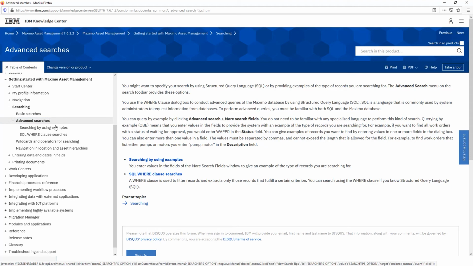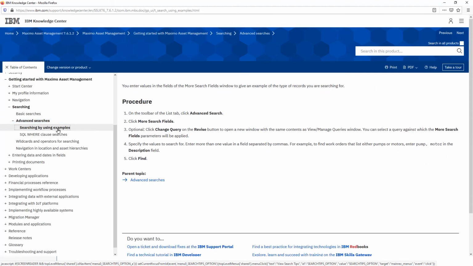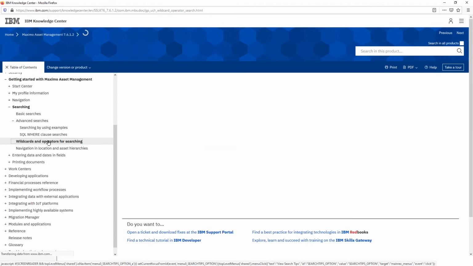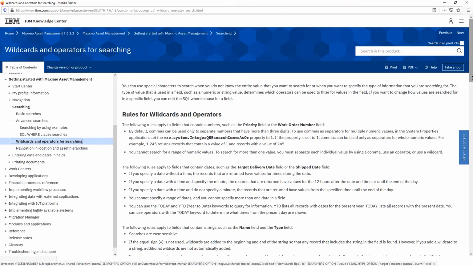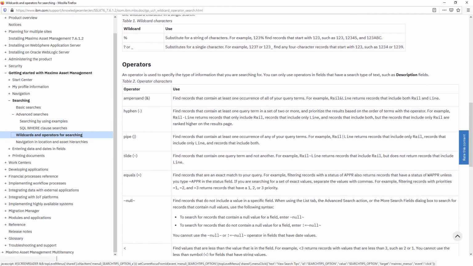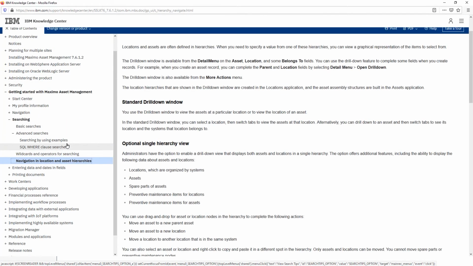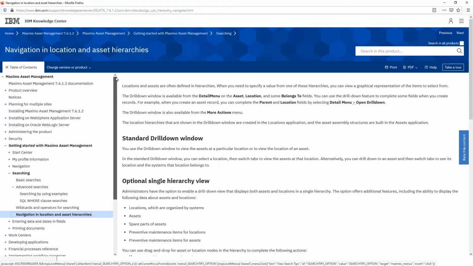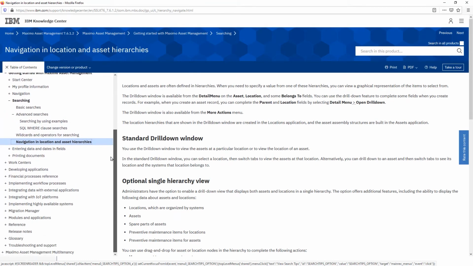We have searching examples, where clause, we want to make modifications to it, the wildcards, and of course there are quite a few of them that are available in your search, navigation, and searching and hierarchies. So quite a few things that are available to you in help, and as you can see here, there's quite a bit. And if you open up the modules and applications,